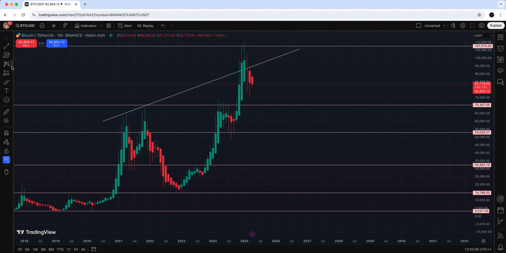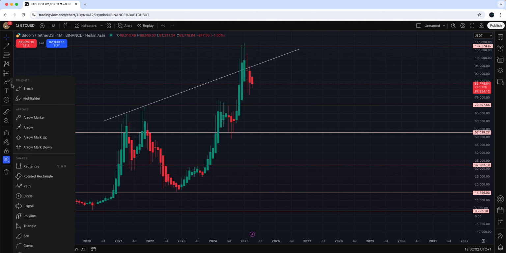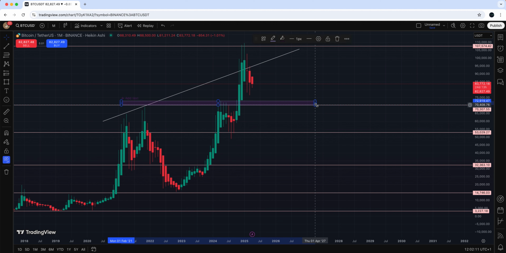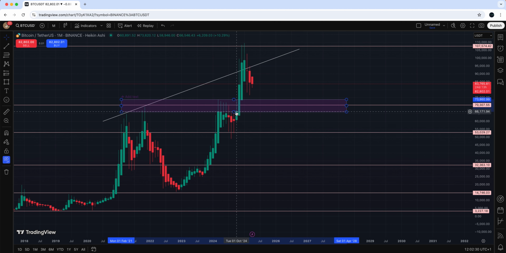If I just put in a box rather than a line, it'd probably be a bit more accurate. When we draw these lines, they're just kind of like guidelines. It's not saying that it will hit exactly on, but most likely it zones, things like this. So I'm drawing this zone here because we have a bottom touch and we have a top touch, and in between we have candles here that nothing really closed above this. So some people could even draw this as a zone if we're focusing more on